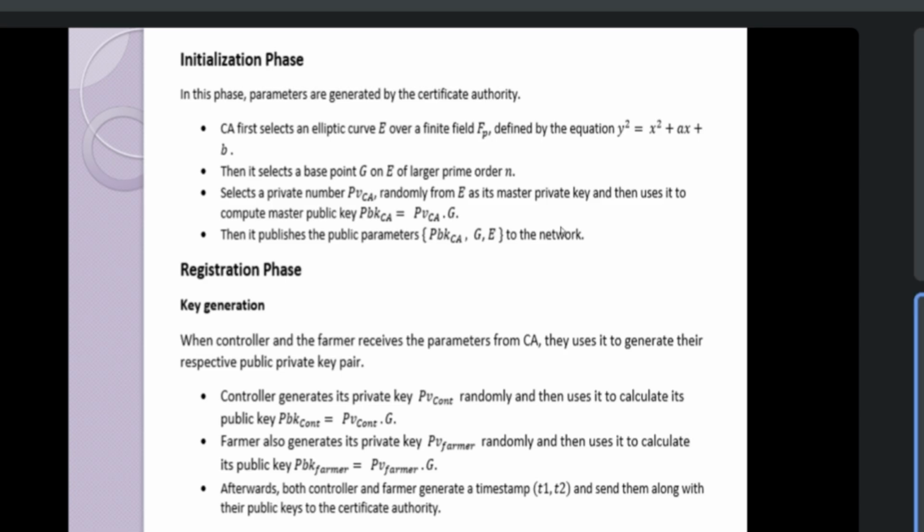Here, network means we need to make a modification. Are you getting? In that case, it was to the entire system. Here it is saying to the network. So network means we should mention here clearly what are the entities to whom this information should be forwarded, published. Yeah, the network, like the other entities. Only then will it generate the diagram correctly. Okay. Then I will go to the algorithm and find out where the mistake is.